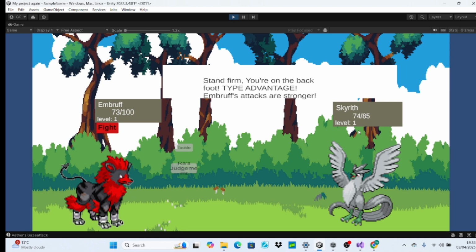I deal a certain amount of damage to the opponent, and the opponent has dealt a certain amount of damage to me, as you can see by our health reducing. This will continue up until one of us reaches zero health. Once one of us reaches zero health, then the battle should close down. We should receive XP to contribute towards our leveling up. So if I just play out this game,